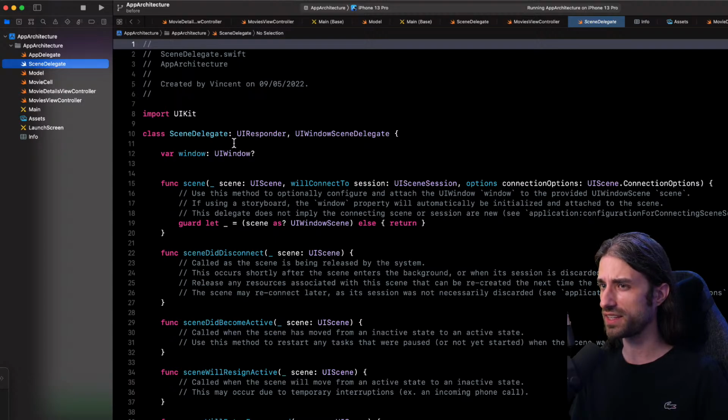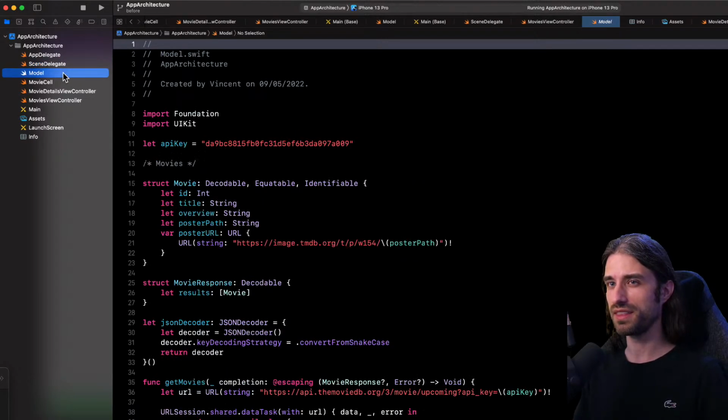Then we have the scene delegate. I also haven't changed anything inside this file, but we are going to update it at some point during the live. Then we have a big file called model, and this is where I have implemented basically the entirety of the